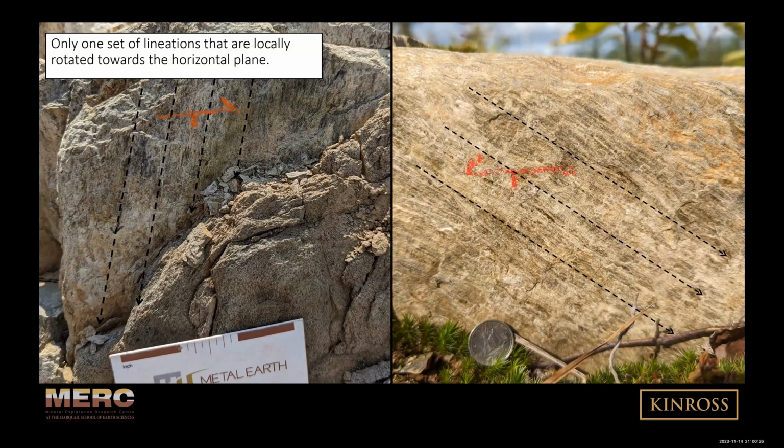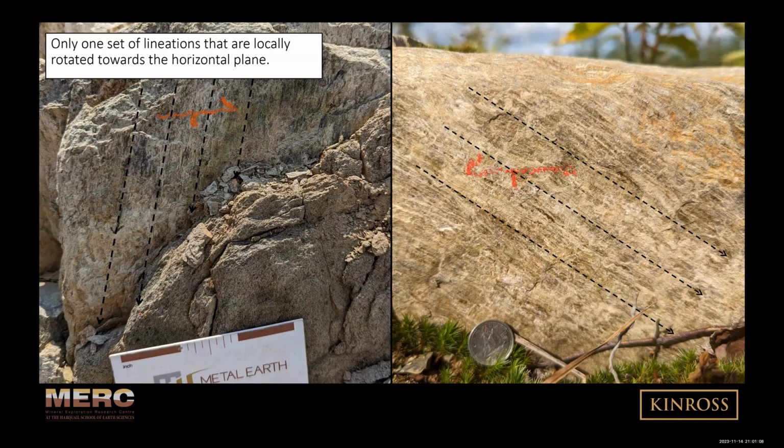So now finally we get into the lineations, which I mentioned earlier are steeply plunging in certain areas and moderate to shallowly plunging in other areas. So we believe that they're being rotated towards the horizontal plane. And the difference between the plunge of the stretching lineations could be due to three possibilities. One is that we have a difference in the finite strain undergone in the southeast portion relative to the rest of the LP fault. Another is that we have a difference in the simple shear to pure shear ratio along the LP fault,